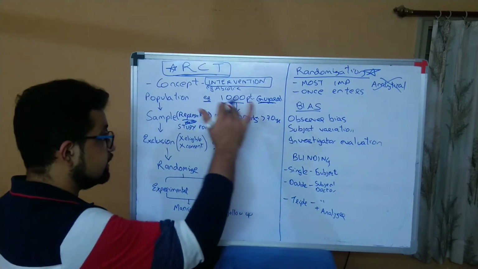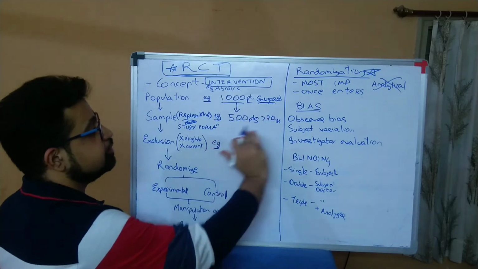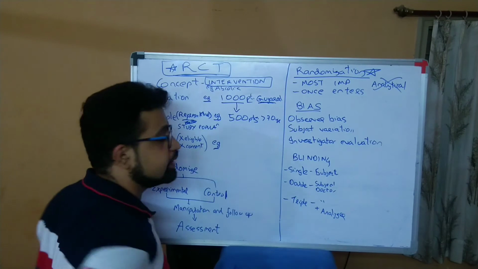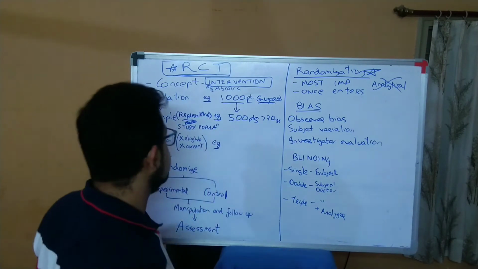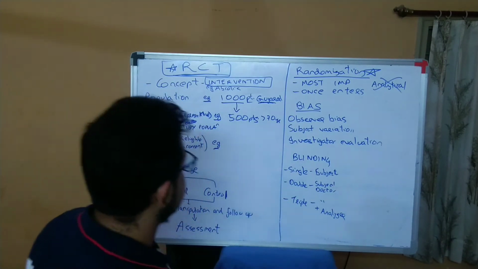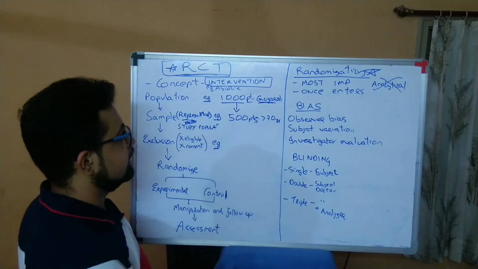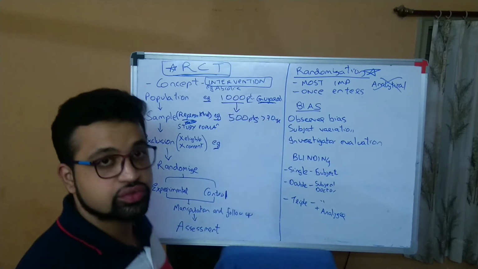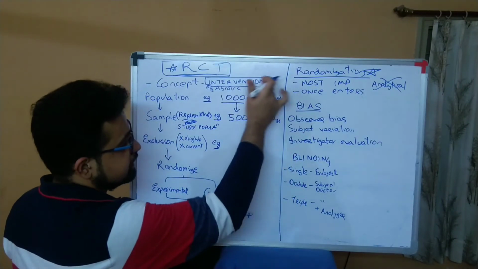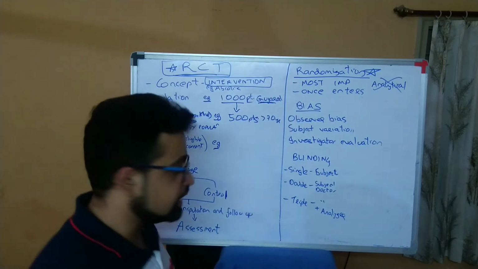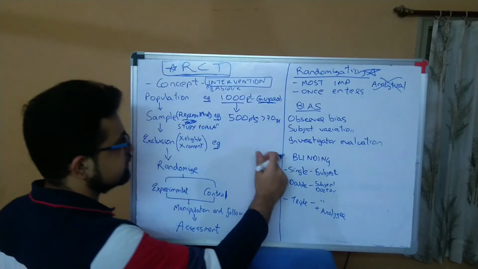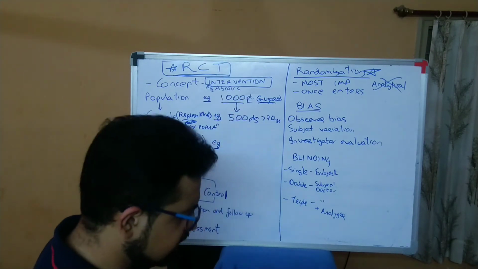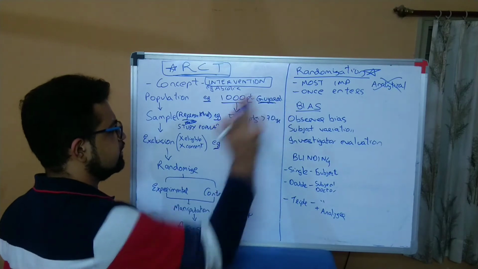So this is the study population, right? This is the experimental population, and they should be selected randomly. Mark my words, they should be representative of the population, right? So these 500 patients greater than 70 years that you select should represent the patients greater than 70 years of the whole of Gujarat. It should be representative, right? So we have 500 patients of Gujarat who are greater than 70 years.